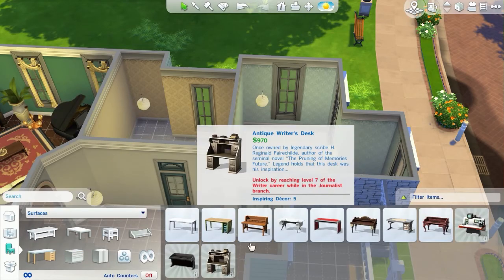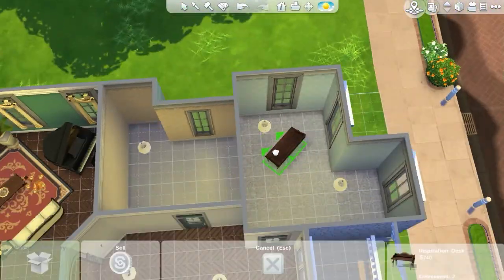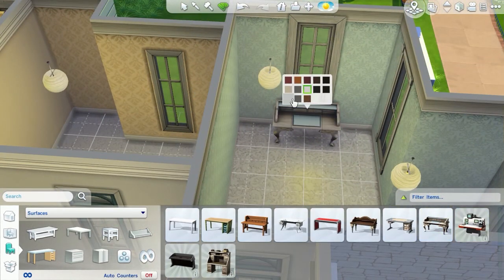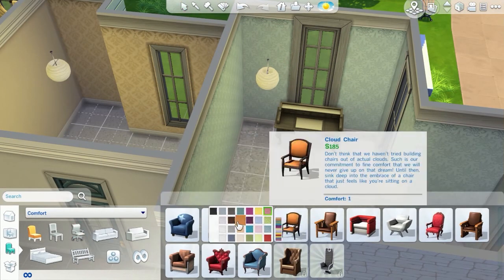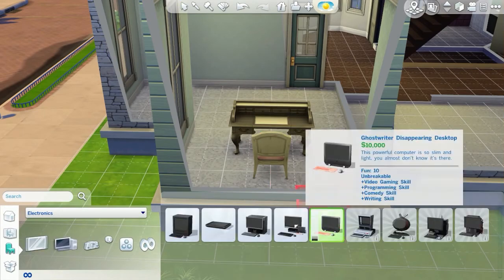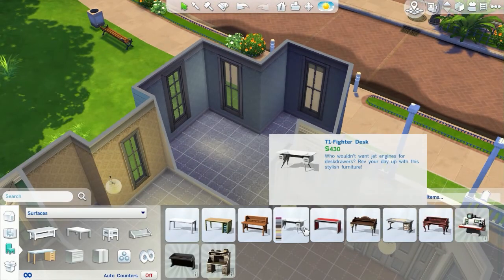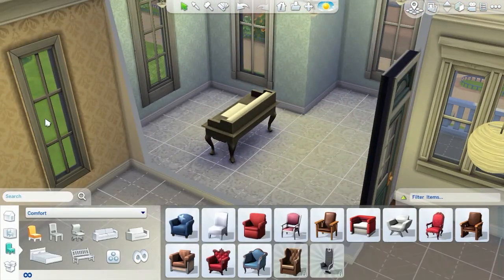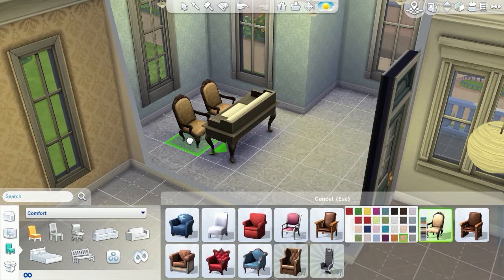This is the office. The idea was that it's very feminine. So I thought the mom would be like a stay-at-home mom, maybe an author or something. And they live in this house, and she stays at home and works, and the father goes to an office and works. So that's why this room is very, very feminine, with loads of pinks and pastel colours. It's really pretty. And also there's some skill building objects. I think I put an easel for painting, and also a chess table, so that the rest of the family can gain some skills and other stuff that they need, kind of thing, because the study was quite big in